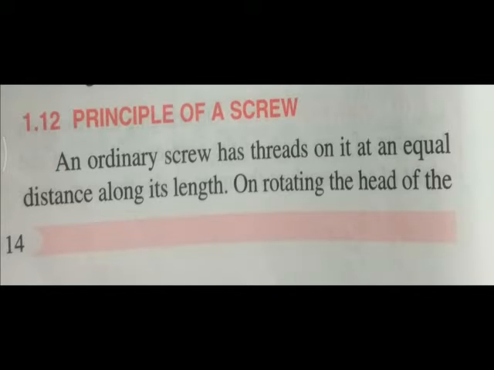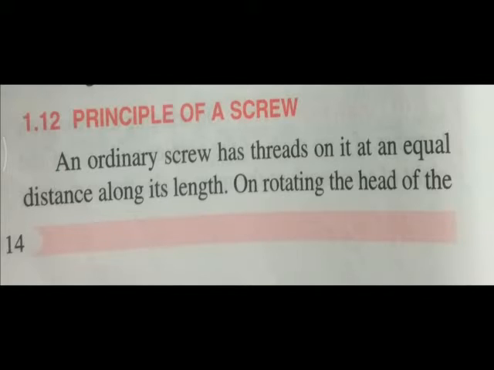For example, if a scale gives the calculation up to 1 decimal place and a vernier gives the value up to 2 decimal places, which one is more accurate? Obviously the one up to 2 decimal places. That means the vernier caliper is more accurate than the scale, and the least count of the vernier caliper is less than that of the scale.